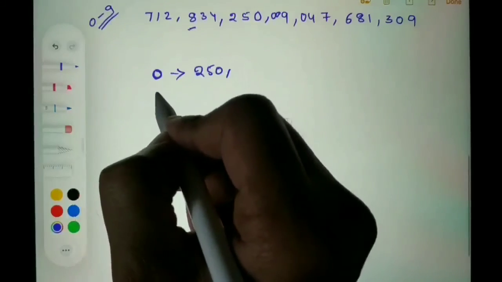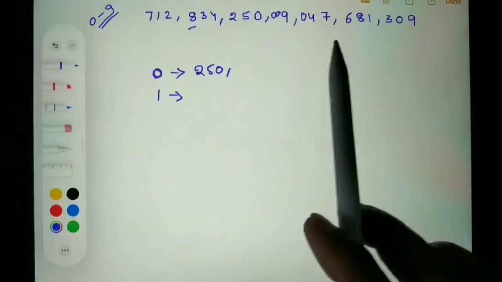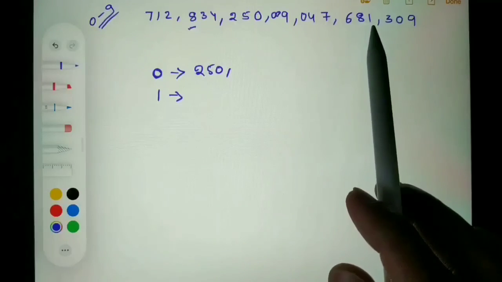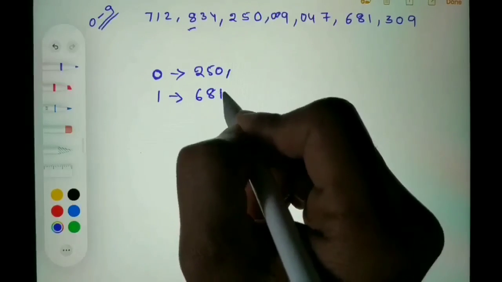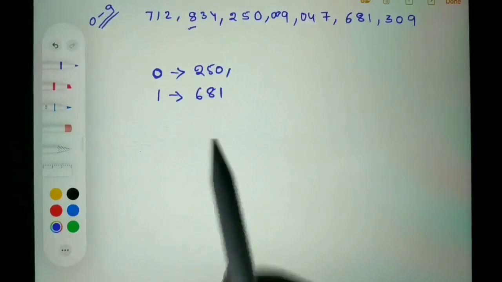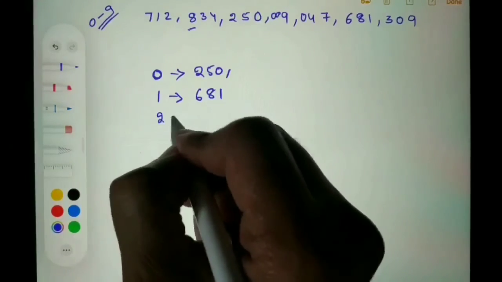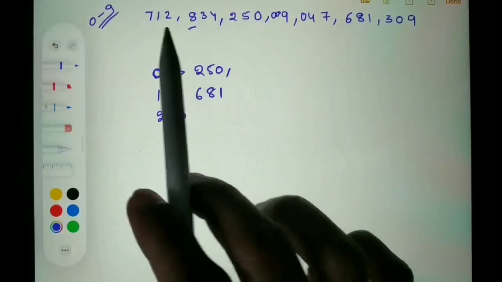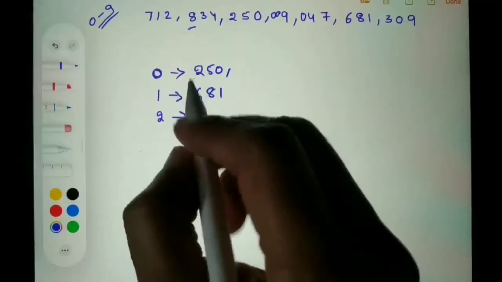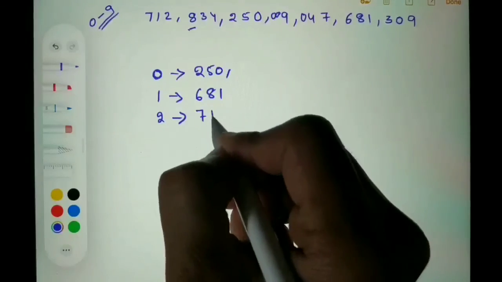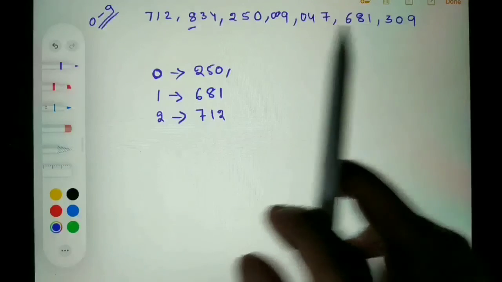Next I will move on to 1, and I can see only one element which has 1 as a first digit. I will write it here, that is 681. And then I will move on to 2, and here 721 has 2 as a first digit. I will write it here. I don't see any other element having 2 as a first digit.